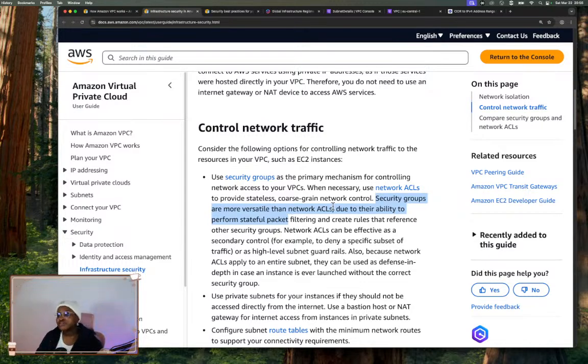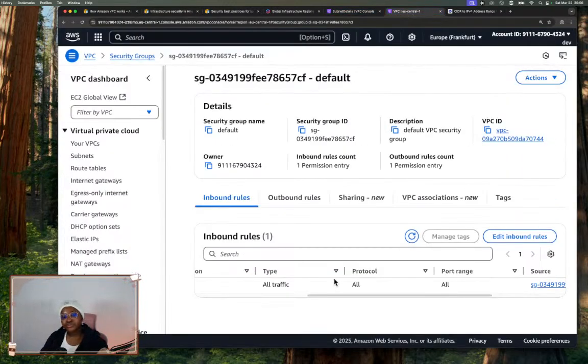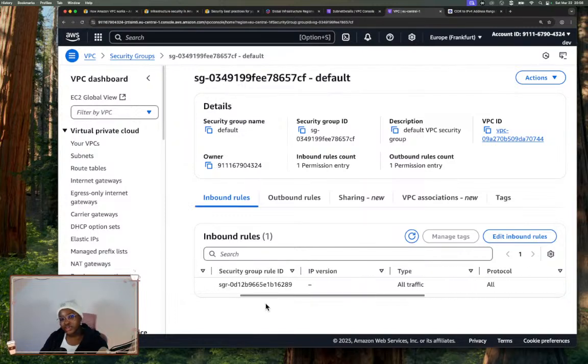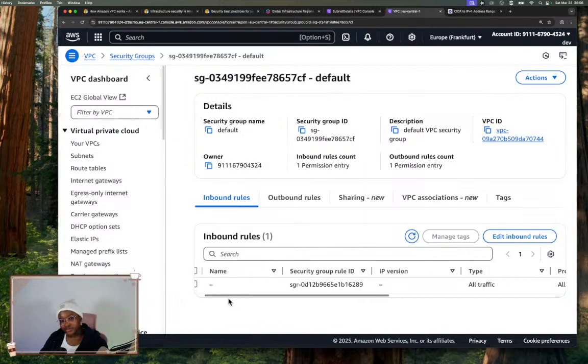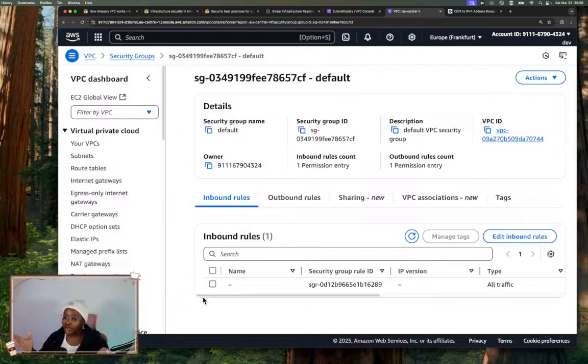But what that means is this: when it says stateful, the security group knows what came in. Let me open this for you. In your security group here, if I allow this traffic to come in, I don't need to go back and write an outbound rule to allow that traffic to go out again. If it was a network access control list, I have to do that. I have to allow it in, and I also have to allow it out,